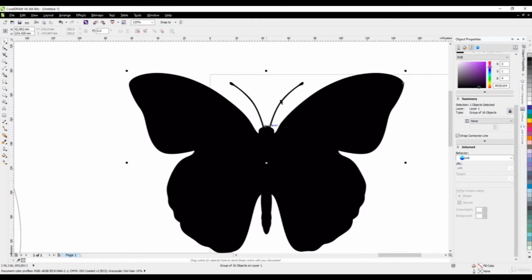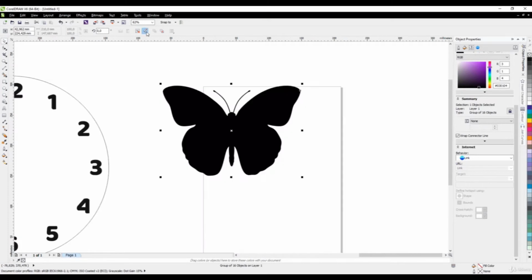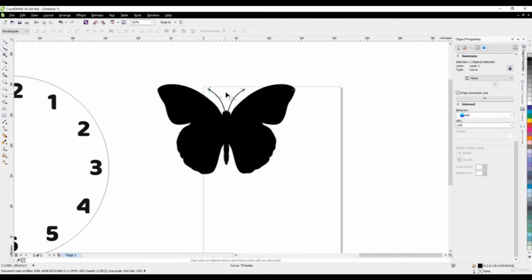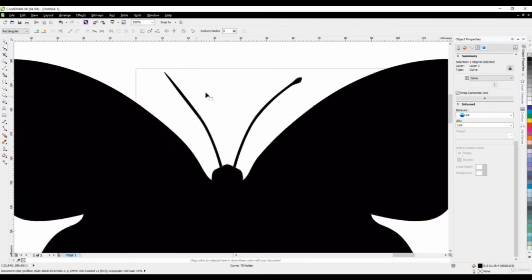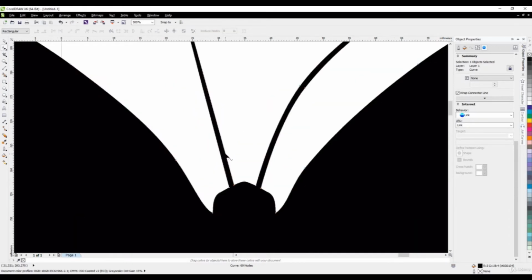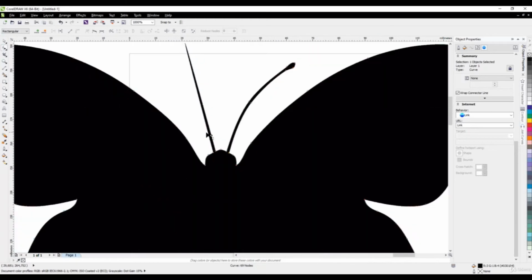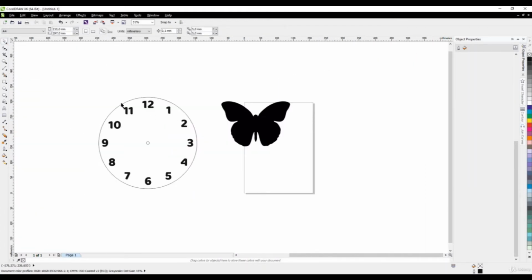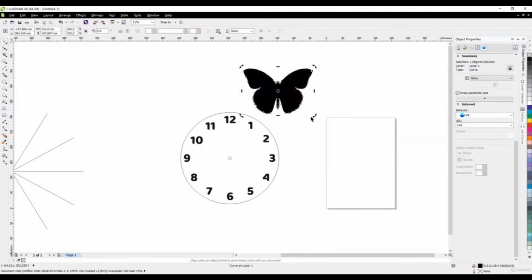It's maybe broken in the laser cutting machine, so I delete this objects here, ungroup this object and taking the shape tool and delete these nodes, select nodes and delete it, and then click the line here and click convert to line, yeah, it's gone. Let's do same thing here, click once and click this, yeah, my butterfly is ready, but it's so big, so I'm shrinking this a little bit